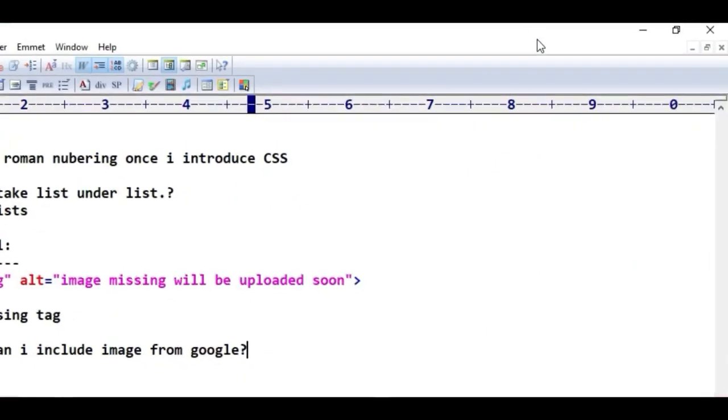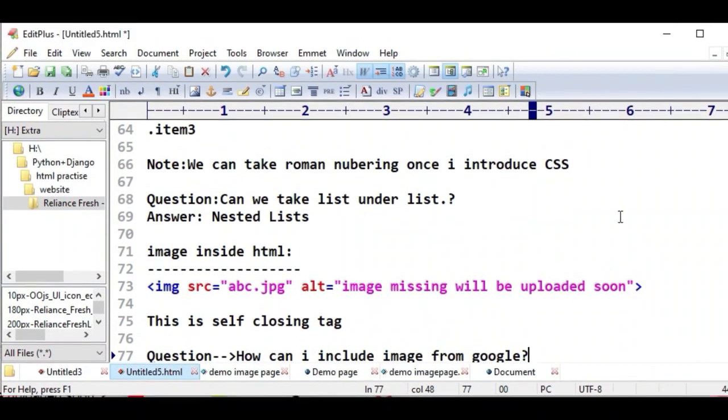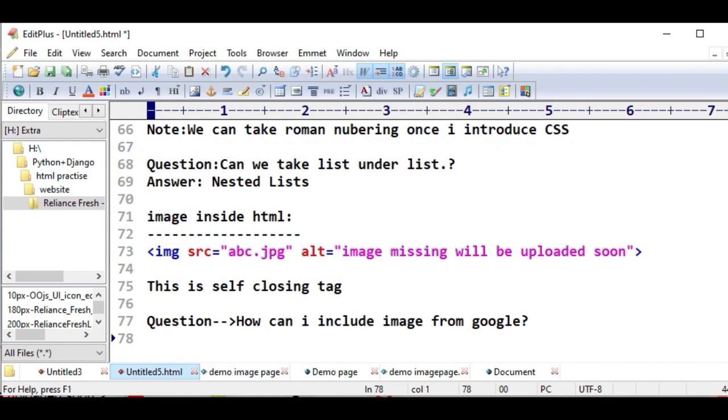So one more question: sir, how can I include an image from Google? So you can copy the image address.